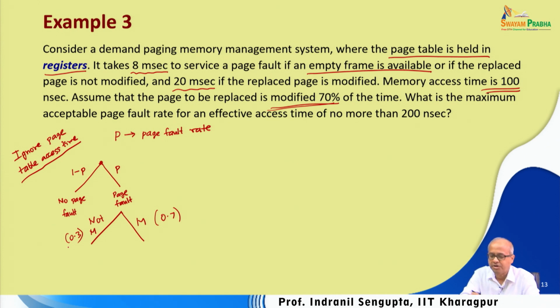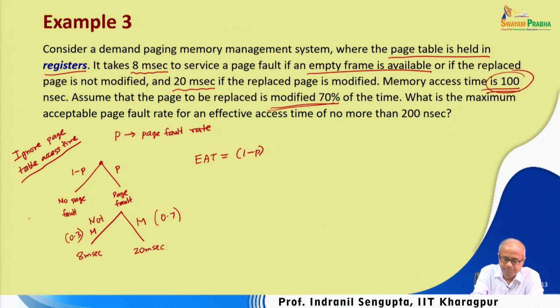Now, if it is not modified, it will take 8 milliseconds, but if it is modified, it will take 20 milliseconds. From this diagram you can easily write down the expression for effective access time. Suppose there is no page fault. What is the probability? 1 minus p, multiplied by the access time of main memory. Page table access takes no time since it is in registers, and accessing memory takes 100 nanoseconds. So, writing in nanoseconds, 1 minus p into 100, plus, if there is a page fault, p